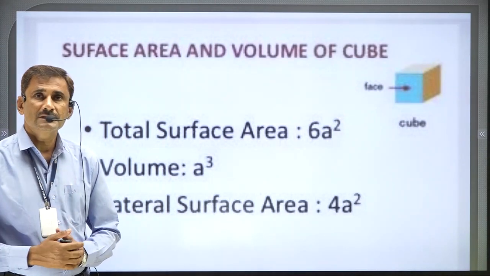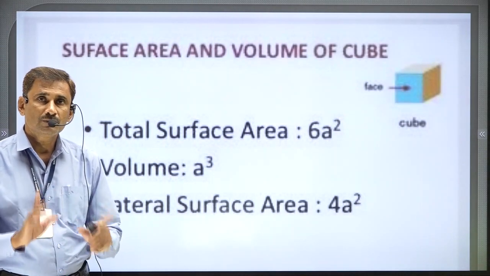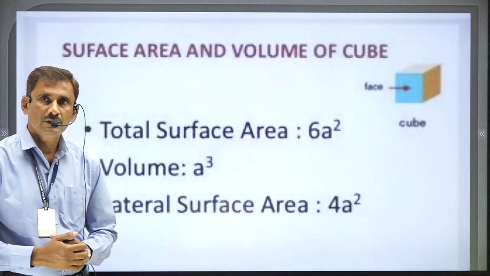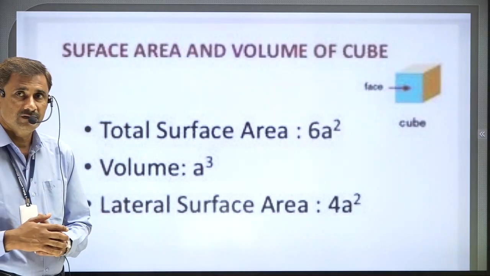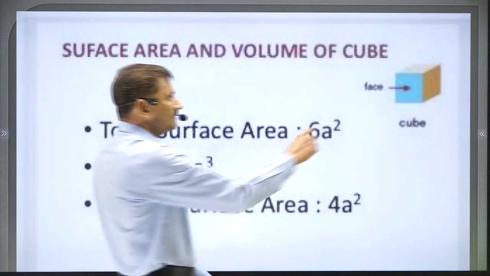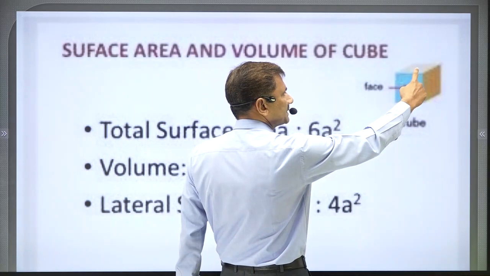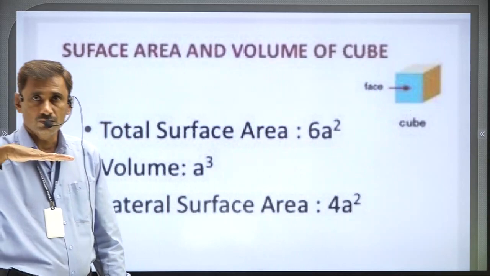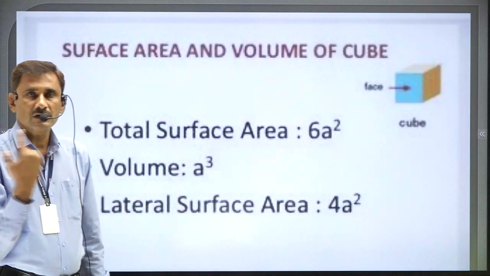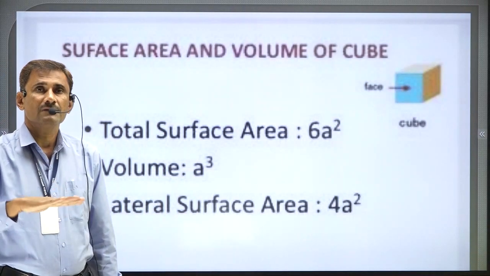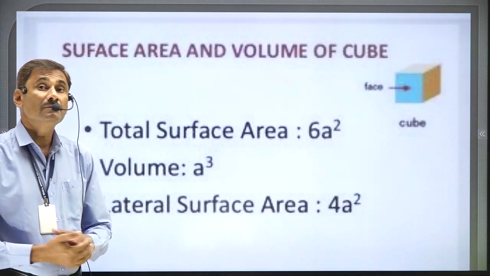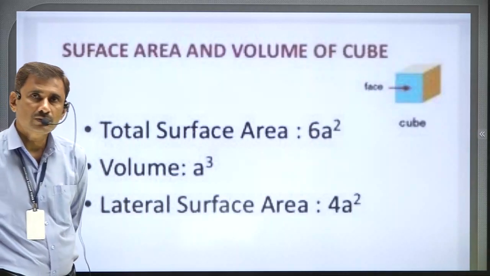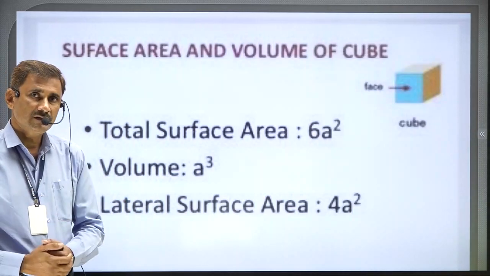So how to find the surface area which is open from the top? They have all the surrounding faces and the bottom also. So there will be 5a square. Why? Because I will not count this one face only. The ceiling I will not consider, not count. So all surrounding means lateral faces and one bottom. So there will be 5a square. So it is not lateral surface area, not total surface area, something in between.